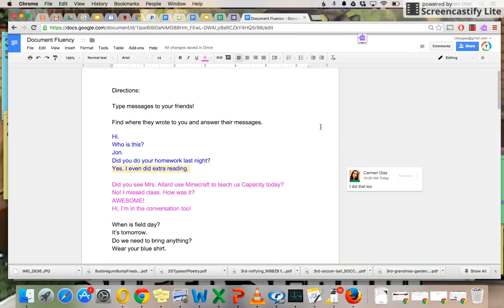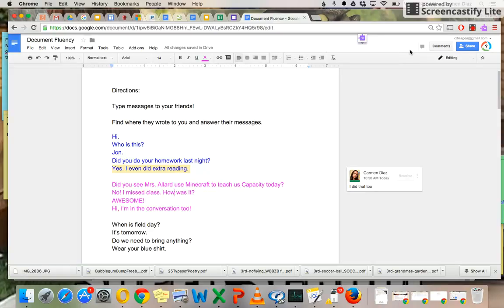This is one activity that you can use to promote some document fluency, especially when beginning this with students for the first time. What I did was I created a basic document, and you can share it with all the students in your class. This is something I actually did in the very beginning of my use of Google with my students, and they were second graders. So I shared this one document with all the students, and as soon as they logged